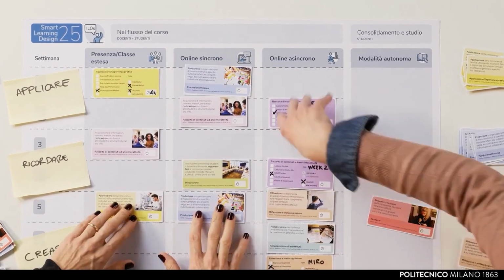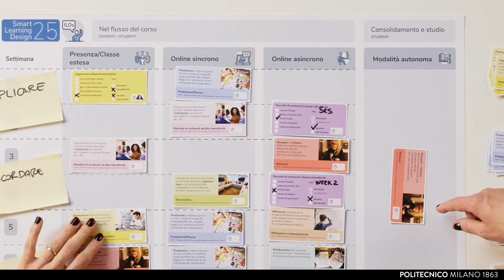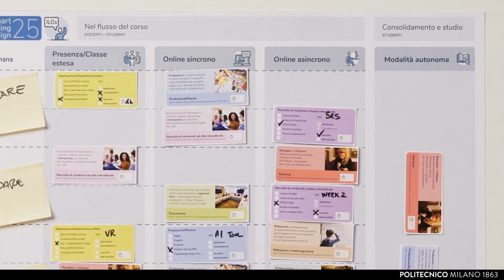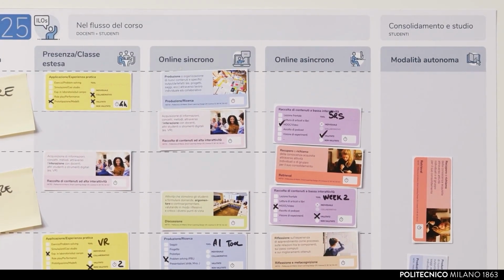And in line with this, determining the most suitable instructional format: in-person, synchronous online, asynchronous, or left to the student's autonomy. Given the considerable complexity and variety of contexts we may encounter in teaching practice, we thought it might be useful to define reference and application models for the smart learning design method. These models aim to integrate the main variables within a coherent framework, creating a sort of stage or reference set that you can then adapt according to the requirements of different disciplines and your preferred pedagogical approach.